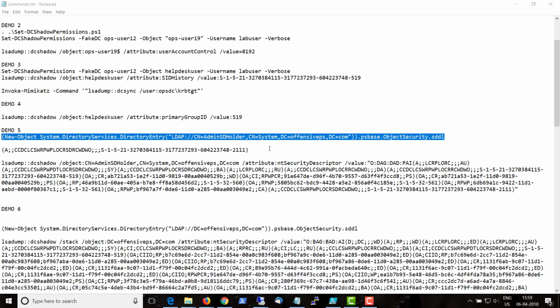So if we can modify the ACL of AdminSDHolder itself, our modified ACL will be copied to all the privileged groups and users. So let's see